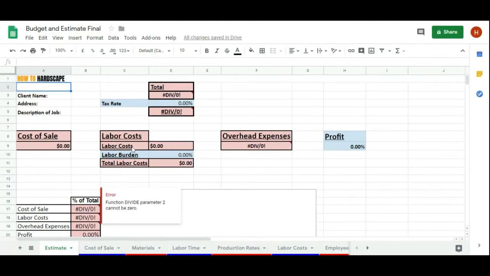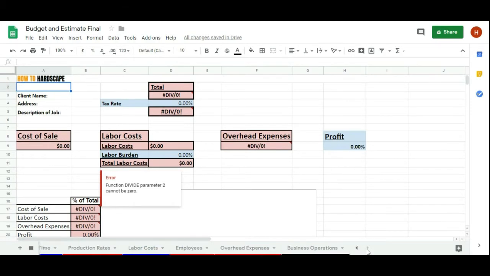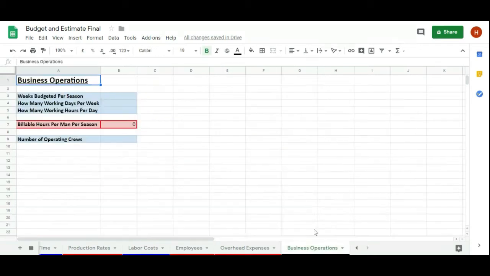Now, continuing off our previous video where we just took you through an overview of the spreadsheet, we're now going to continue down to the bottom tabs, and go all the way to the right to the business operation tab that is color coded black. Now, this is going to be completed at the beginning of your season, and it's very crucial to understand these